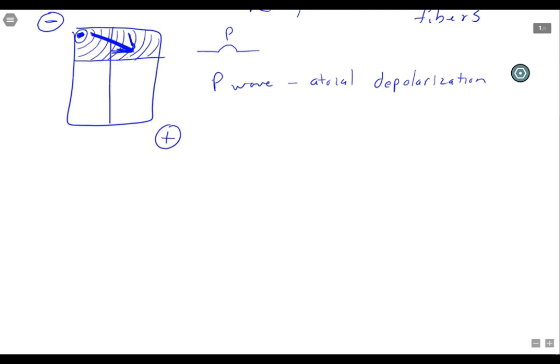Now, remember that electrical activity will enter the AV node, go down the bundle of His, the right and left bundle branches, and then you'll have Purkinje fibers come off of that, and those Purkinje fibers will then allow electrical activity to hit the ventricles. And the ventricles will depolarize in this general direction, and they're much larger, so that's a much larger amount of electrical activity. So again, if you notice that this arrow is going towards the positive electrode, and because it's going toward the positive electrode, what we end up getting is this very large